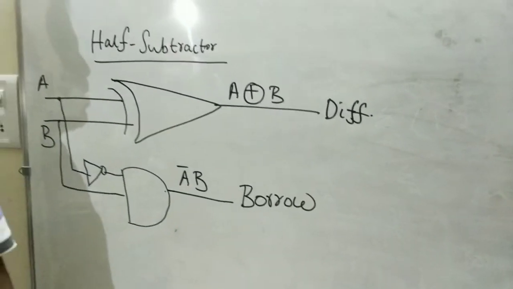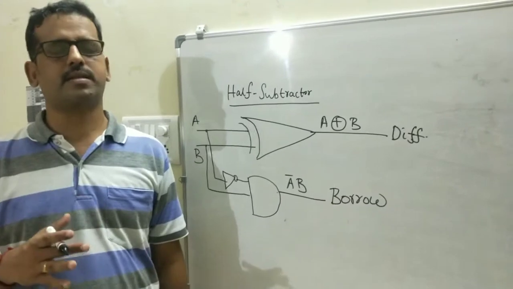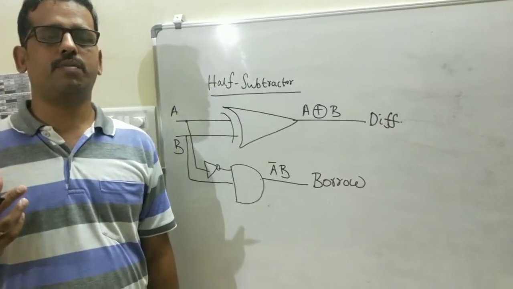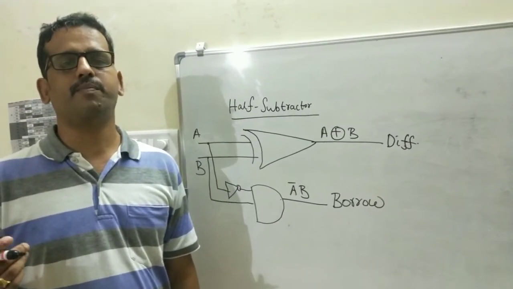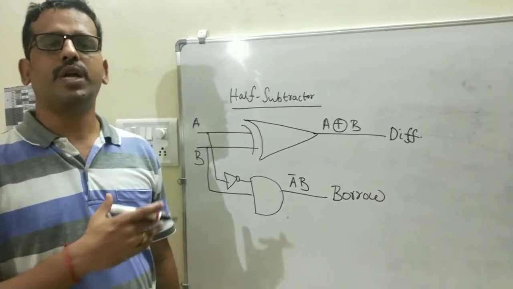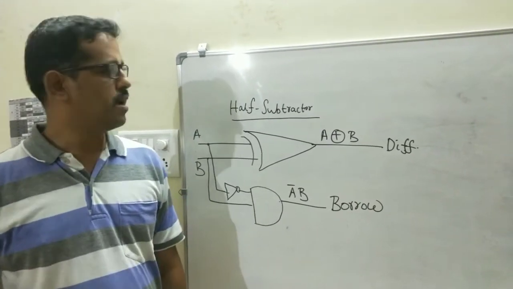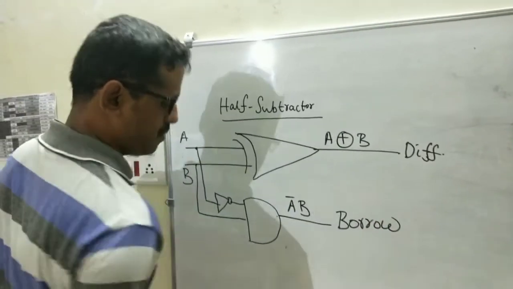Similarly, we need to design the full subtractor also. The rule is you have to start with the truth table. Based on the truth table, you need to go for K-map simplification. After finding the simplified Boolean expression, we need to end up designing the corresponding logic circuit. Now we are going to see about full subtractor. Is it clear?